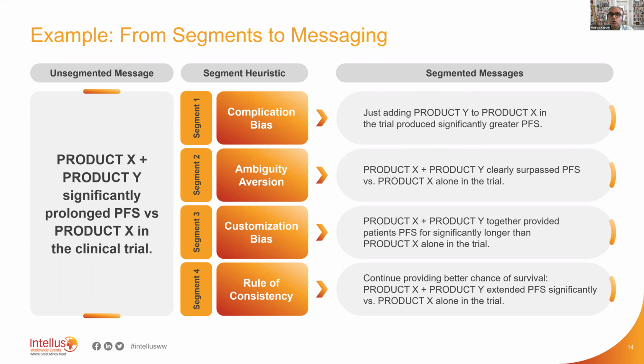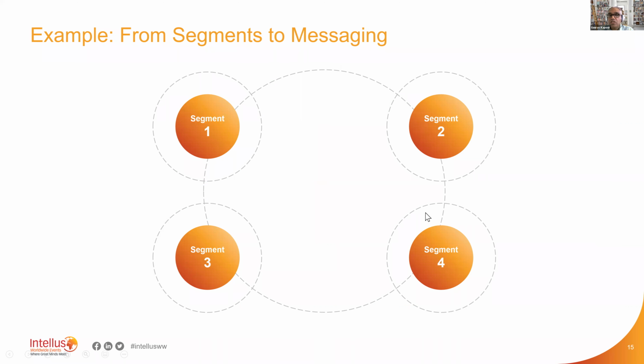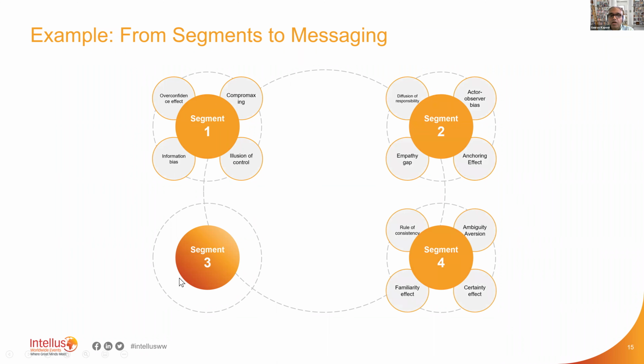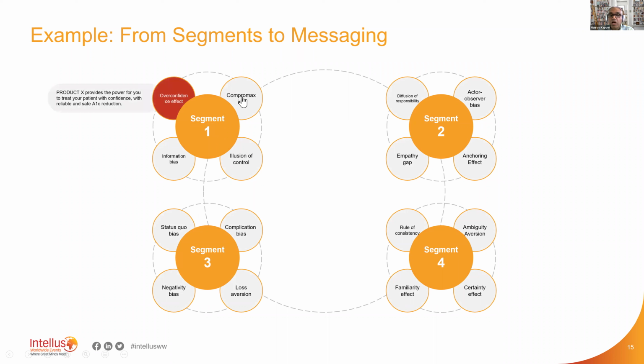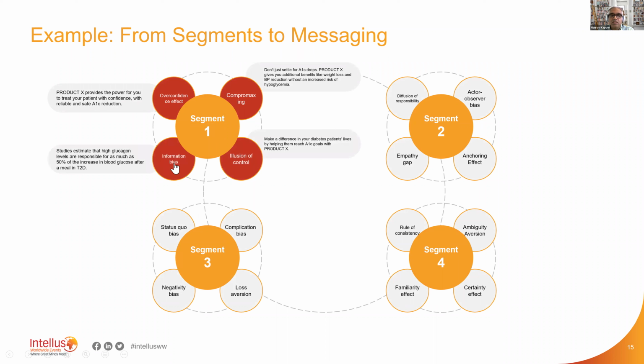Now, you can take this all the way. This is an example of where a core message has now been executed in 4 different ways. How about you did a brand new segmentation and you have 4 segments, and for each segment, you now know their dominant heuristics. These are all heuristics. Yeah? So for a given segment, now that you know what the heuristics are, you could actually write very specific heuristics-based messages, and you can have an inventory of messages for every segment. You can have an inventory that sits in the middle here in this empty space, which would be a cross-segment inventory also.